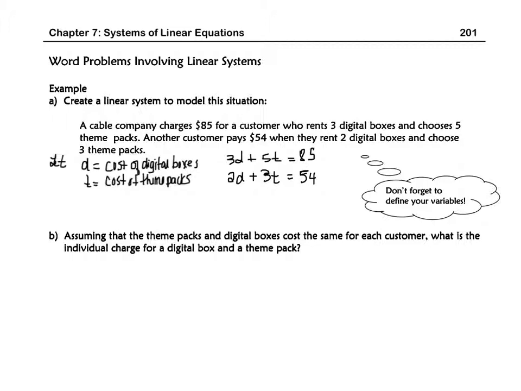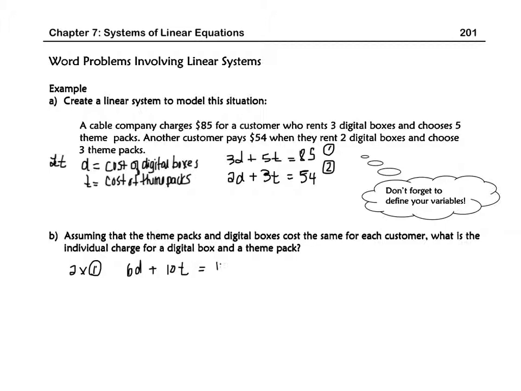Okay, so question B says, assuming that the theme packs and digital boxes cost the same for each customer, that's what we assumed in our system up there, what's the individual charge for a digital box and a theme pack? So we're going to solve that system. If I call this equation 1 and this equation 2, I'm going to eliminate my D's. So I'm going to multiply the top equation by 2, and that's going to give me 6D plus 10T